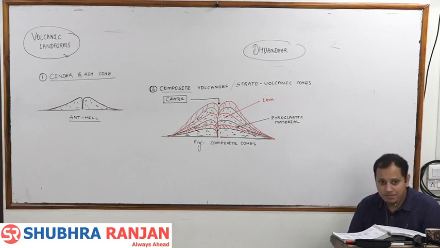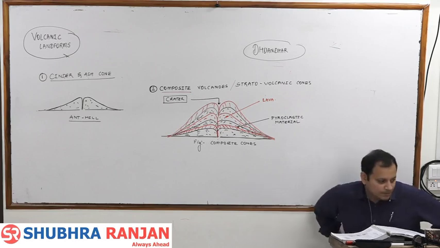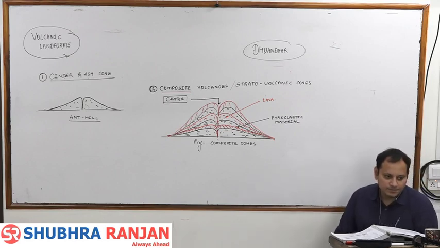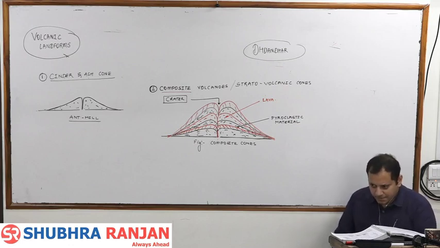Why is it steep? Because it is granitic. Had this been basaltic, it would have flown. Can I continue then? Such type of cones